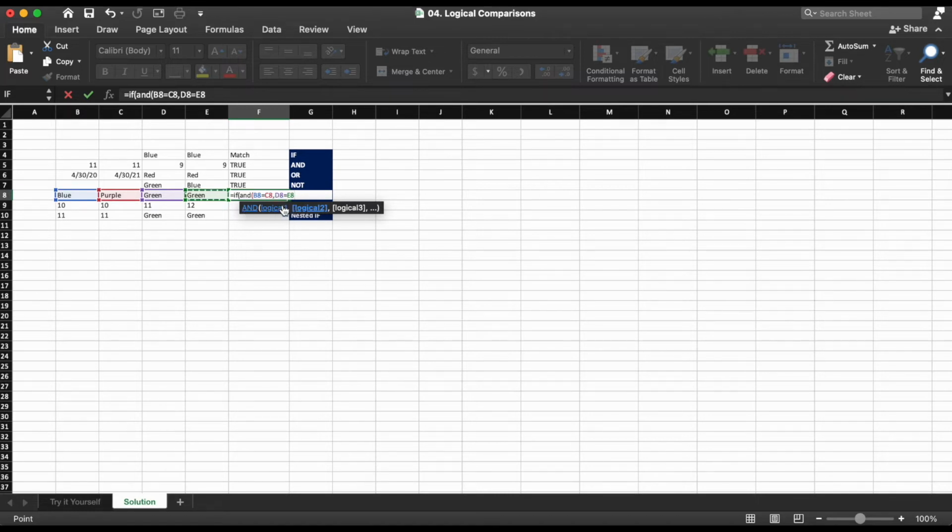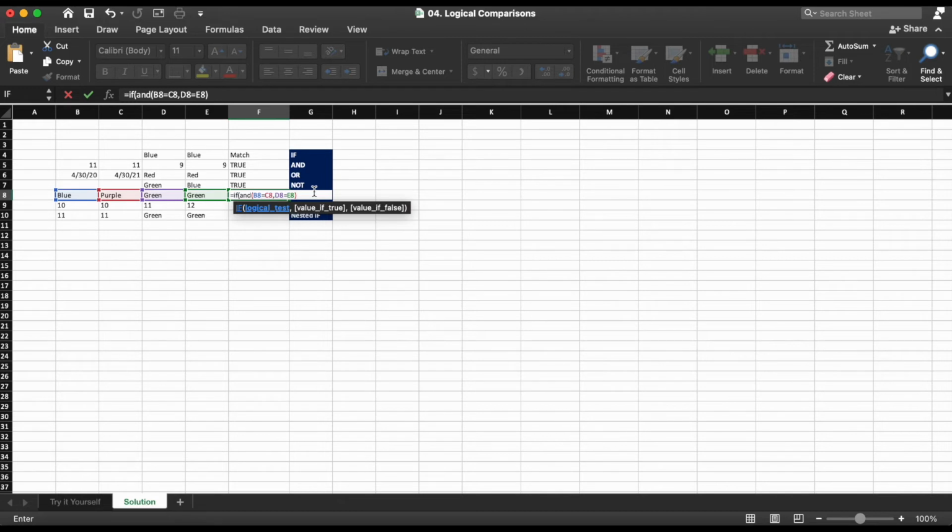This is a really helpful tool, especially as you get more complicated formulas, because you know where you are in the formula. So if I close this parentheses, you'll see that there's a parentheses here that's red and a parentheses here that's red. And so again, it just helps you be a little bit cleaner and kind of know where you are. And you'll also notice that once we close this parentheses, we're now out of the AND function and back into the IF.